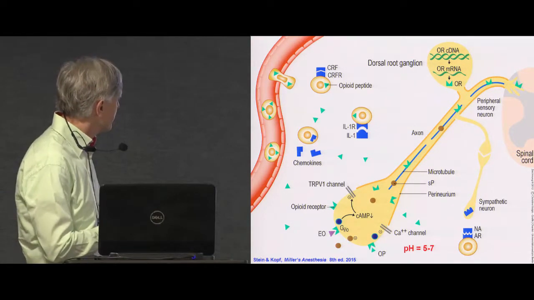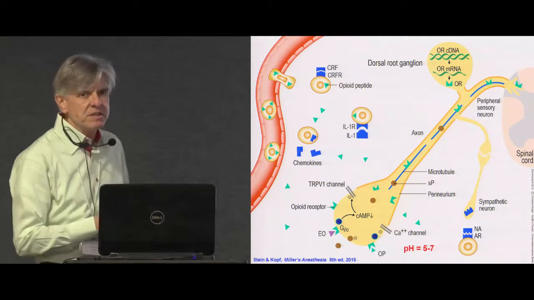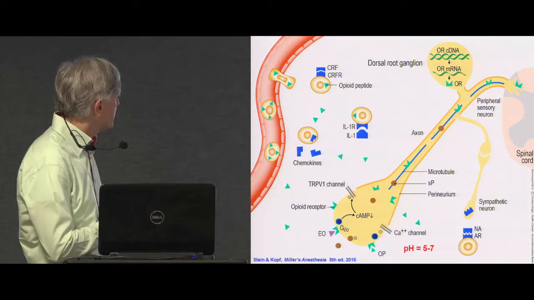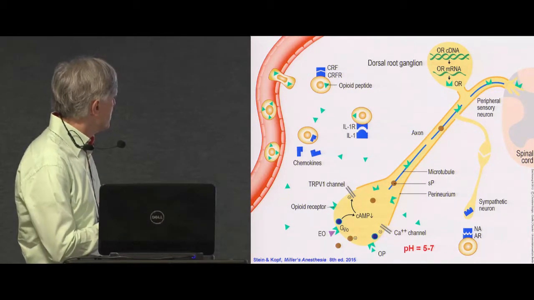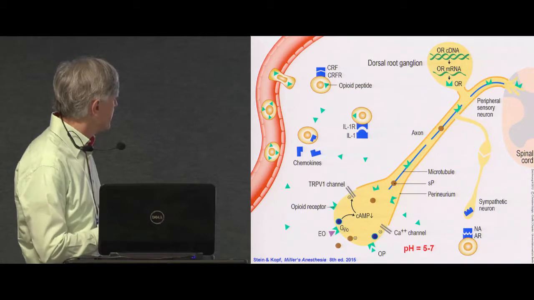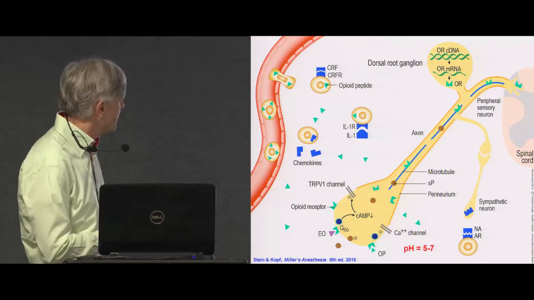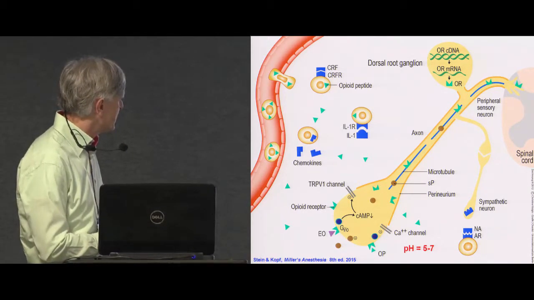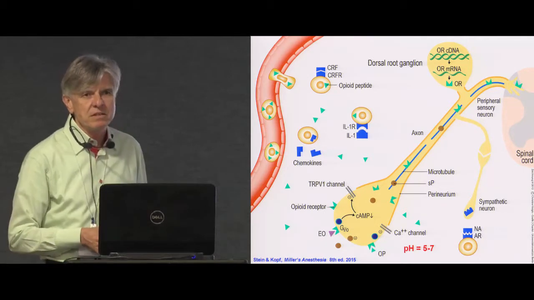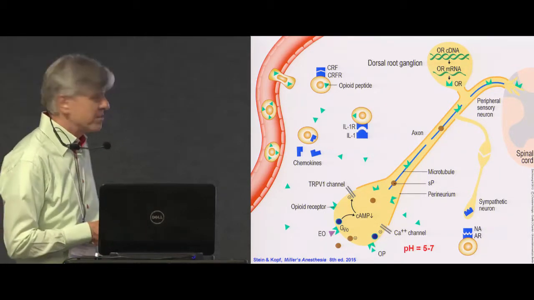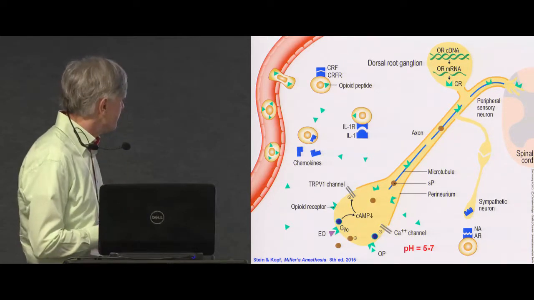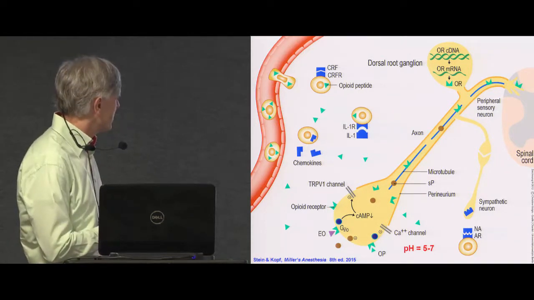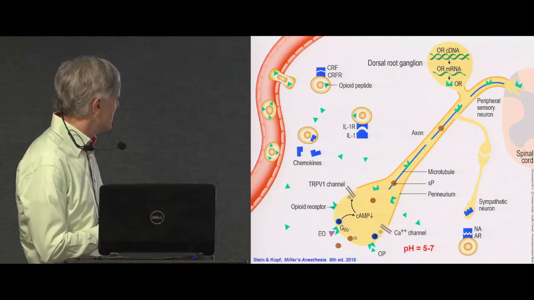We also found out that there are endogenous ligands of these receptors, such as beta-endorphin, met-enkephalin, and others that derive from inflammatory cells. These inflammatory cells move from the vessel into the inflamed tissue, and they can release these opioid peptides, the green triangles here, and these endogenous opioid peptides can also activate these receptors on the primary afferent neurons and cause analgesia. And there are several factors that release these opioid peptides, for example, also chemokines and interleukins, and